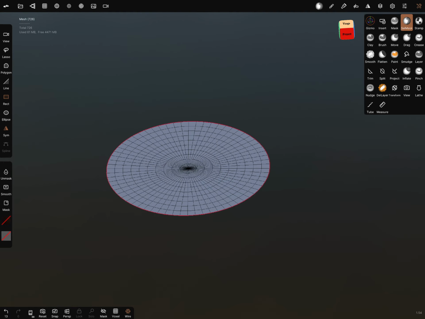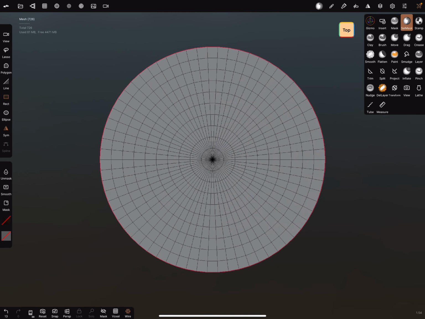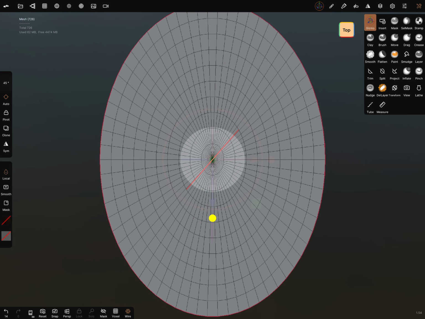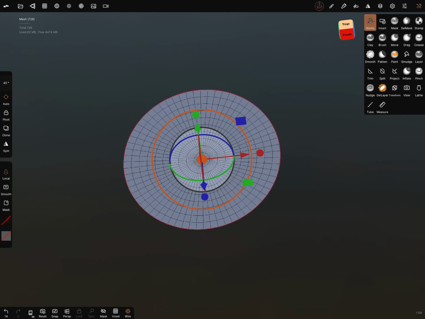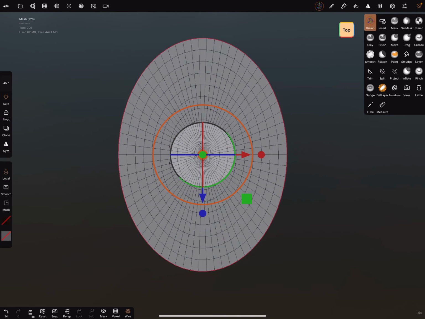Okay, I go to the top view, and with the gizmo we can change the size. You can do it like you want. Okay.